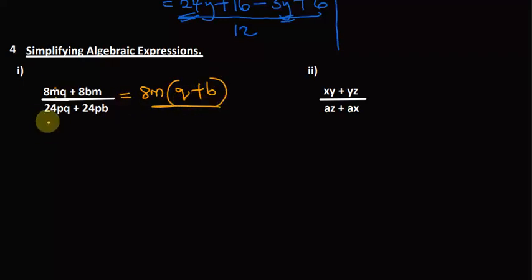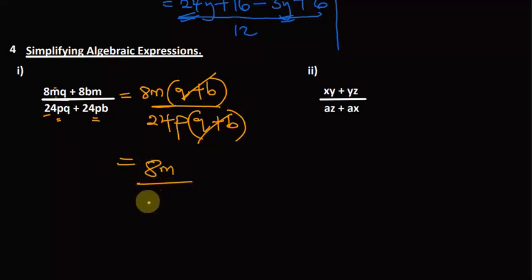All this is divided by, check on the denominator. We have 24 and 24, so 24 is common. P is also common, you can see p is on both sides. So 24p, we open the bracket. We have q remaining, the first part, then plus b is remaining, the bottom. What is common between numerator and denominator? This is common, so we can just eliminate. Therefore, we will be having